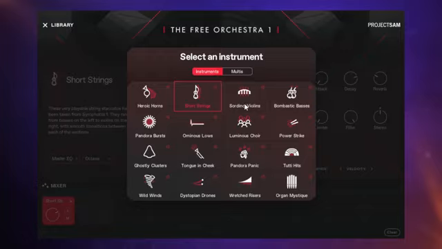And there's also some more unusual sounds in there, like wretched risers, dystopian drones, and wild winds, as well as a very, very nice organ as well. So it is here at number 2 because it's very, very versatile, it's very easy to use, and it sounds